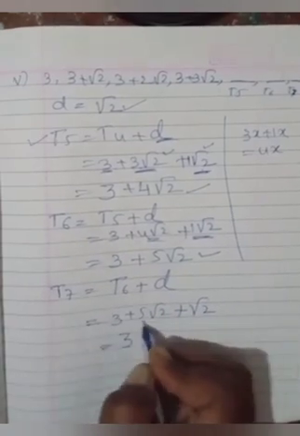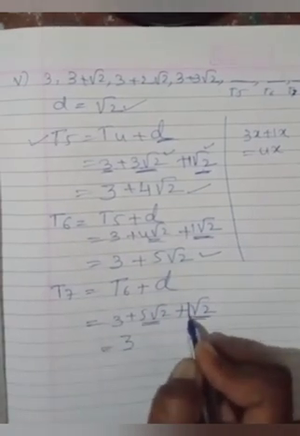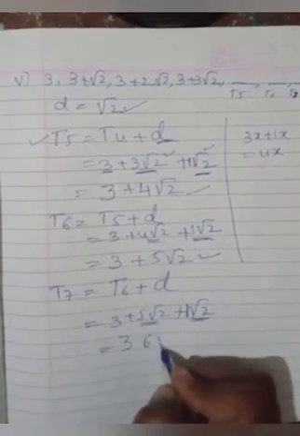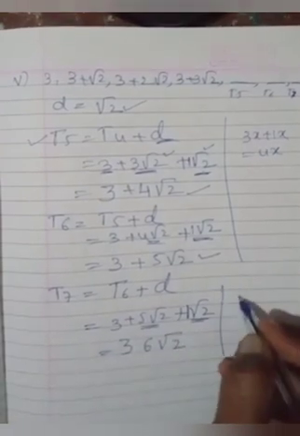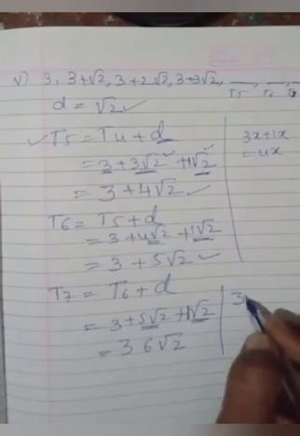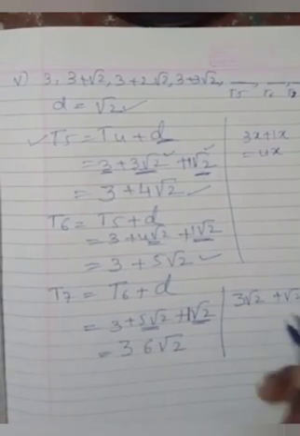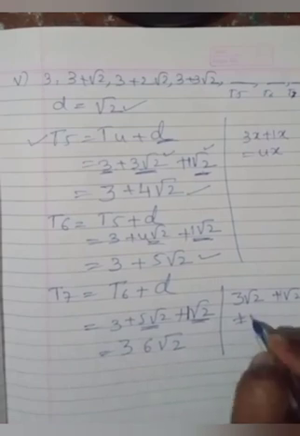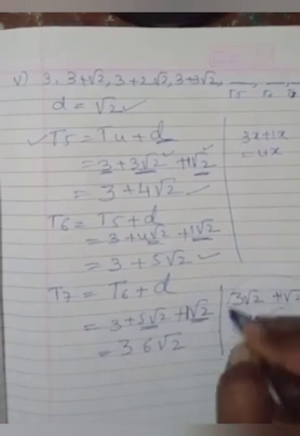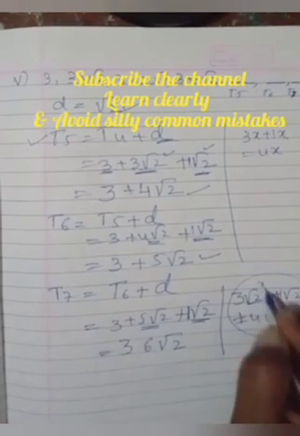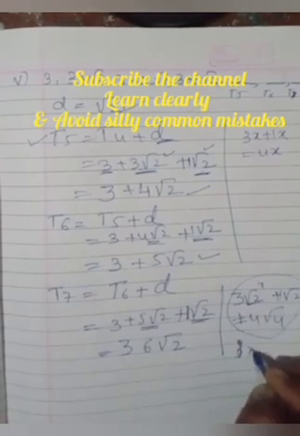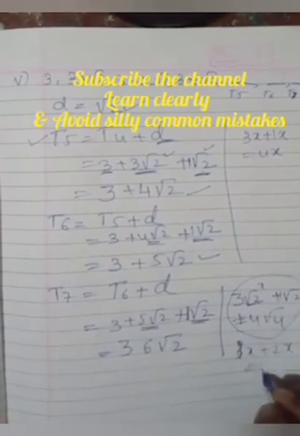This 3, as I told you, 5 root 2, nothing means it is 1 root 2, 5 plus 1, 6 root 2. See here, once again, I'd like to conclude this way: 3 root 2 or whatever it is, plus root 2 or 1 root 2, is not equal to 4 root 4. Children, as I told you, this is something like your x. See here, 3x plus 2x, you are writing as 5x.